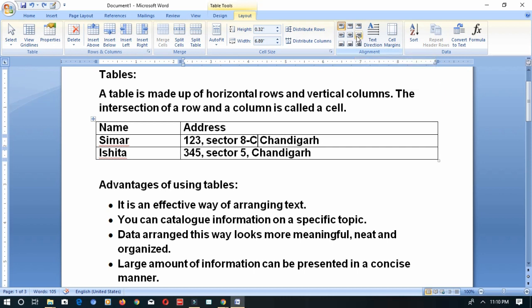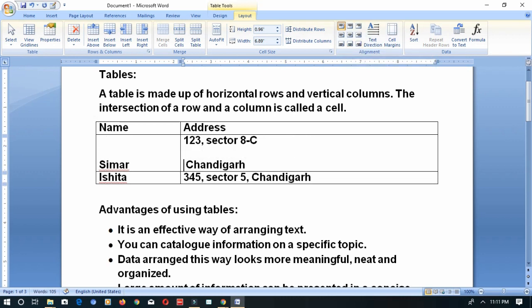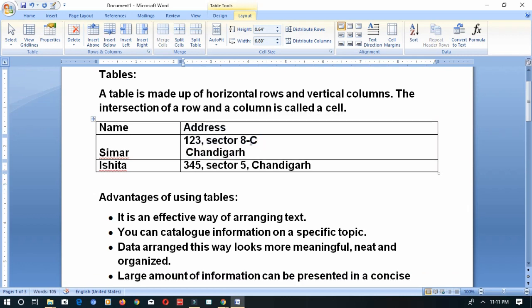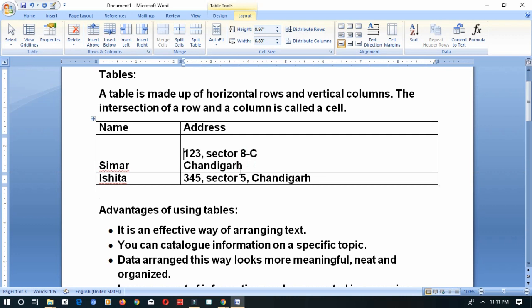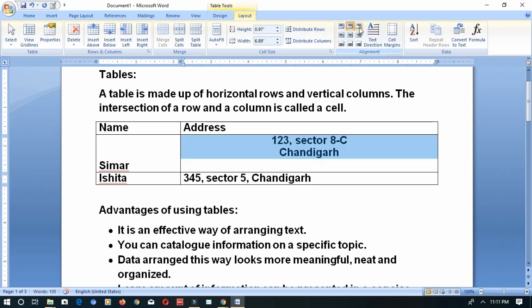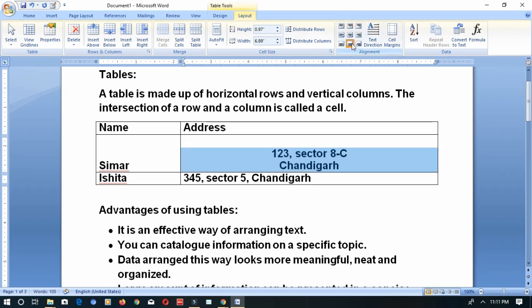Align top right, then align center right, align center, then align center left, then bottom left, bottom center, and bottom right. So how will it work? For example, you have so much data over here, like big data, so that you can understand what it is for. See, right, center, left. If you increase the size, you will be able to see that. On top, you see, top right, bottom right. This way we can see this, align it.